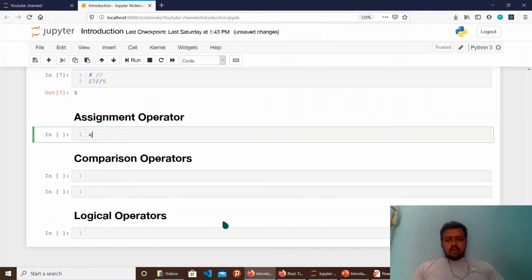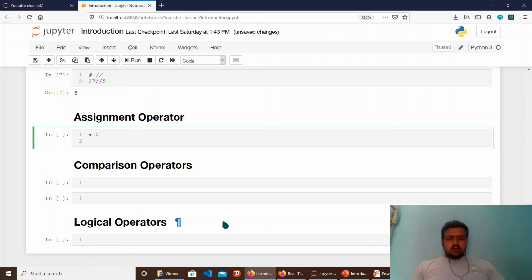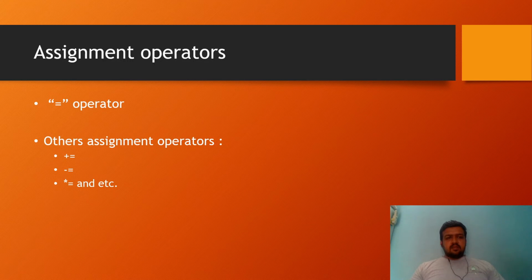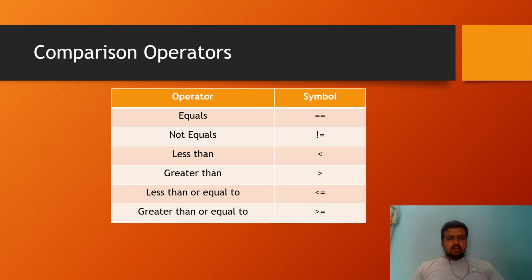Let's say a equals 5 and b equals a. In these two expressions, first we are assigning a value of 5 to the left part of the expression, that is a, and then we are assigning the value that is present in a to a variable b. So here you can say that the values are being assigned from the right operand to the left operand. There are other assignment operators as well, but we will discuss them later on.